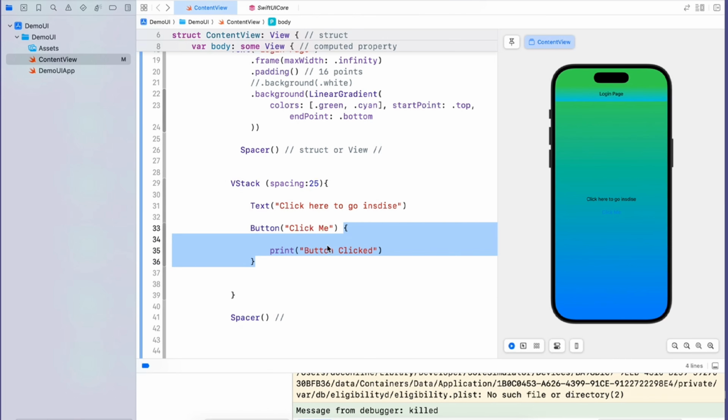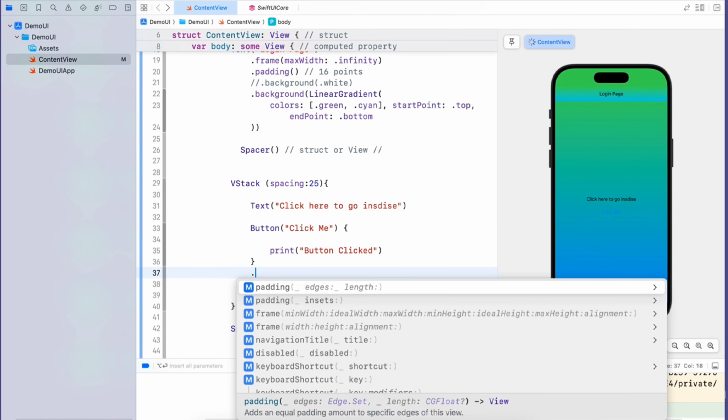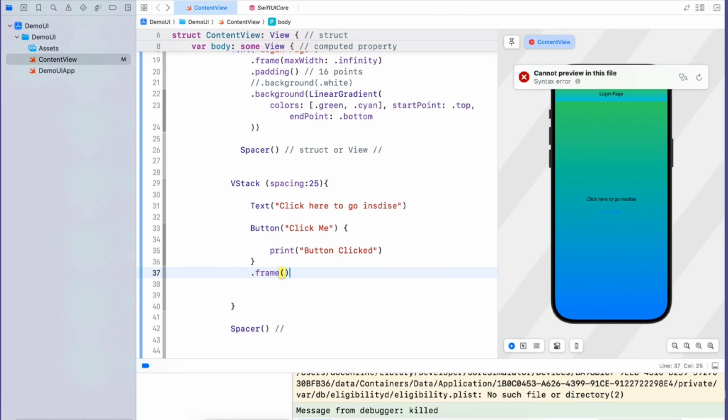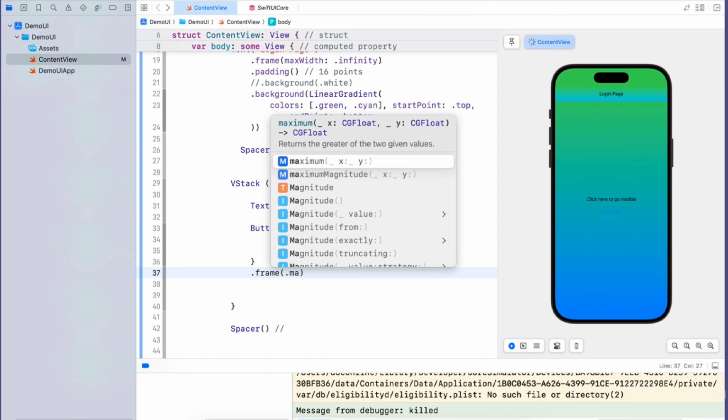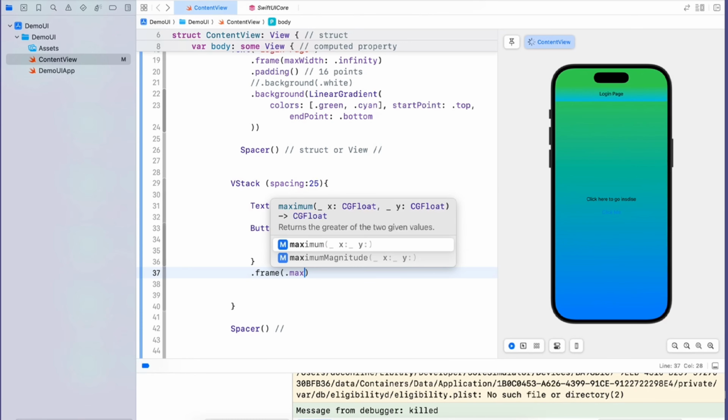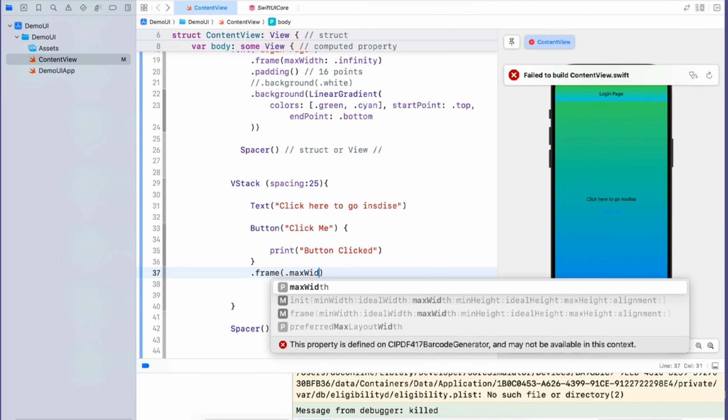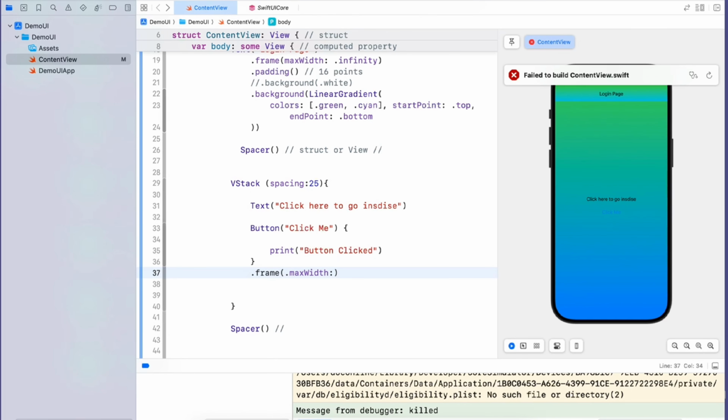Now this is the button. Again I am giving the frame, this one also. I am giving maximum width. We know that already. What is the use of this maximum width? It will take the entire space from left to right, not